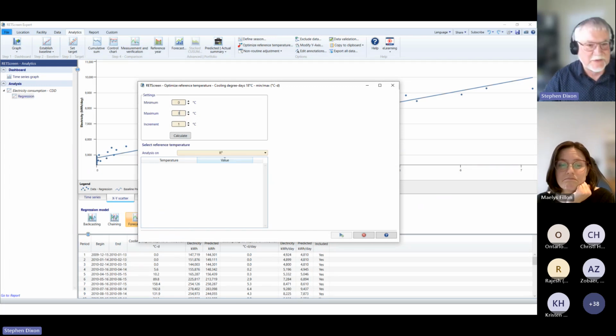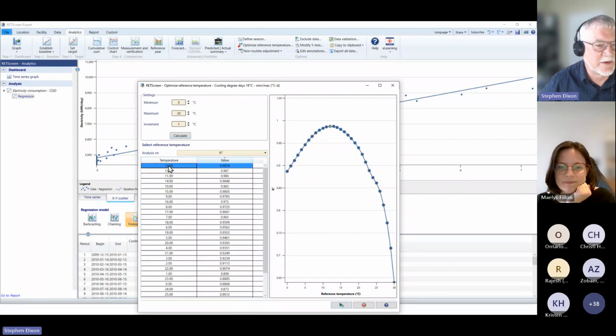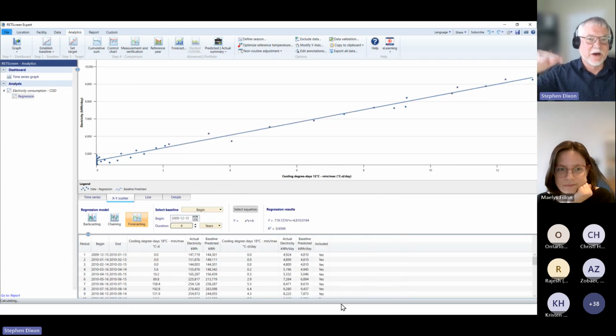It's going to check all the temperatures and find the best fit between these two variables. And the best fit occurs at 12 degrees C, which is a long way off 18. And this will give you a much better answer. And if you notice, all those points are lining up around the line now, right? And statistically speaking, we have a 98.7% R squared, which means we're explaining 98.7% of the variation in this data